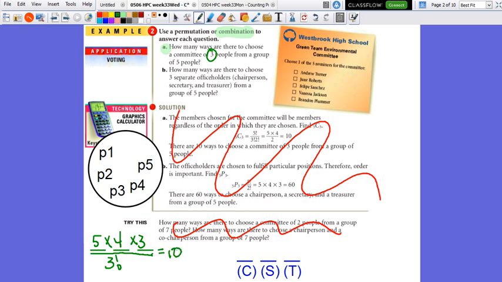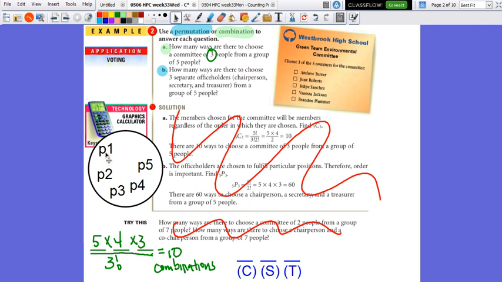Okay, 10 combinations. All right. For the blue permutations, order matters for this one, because in the pool of